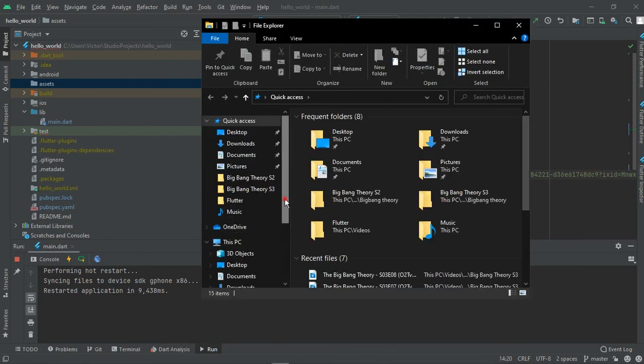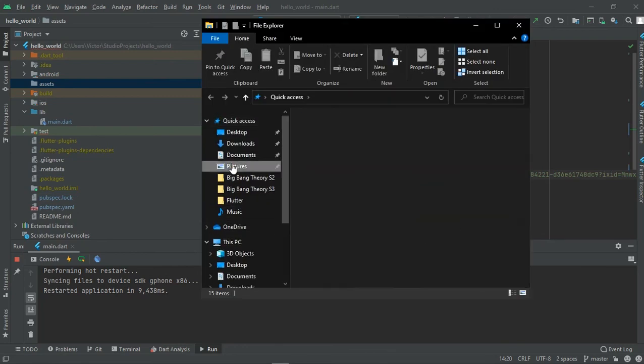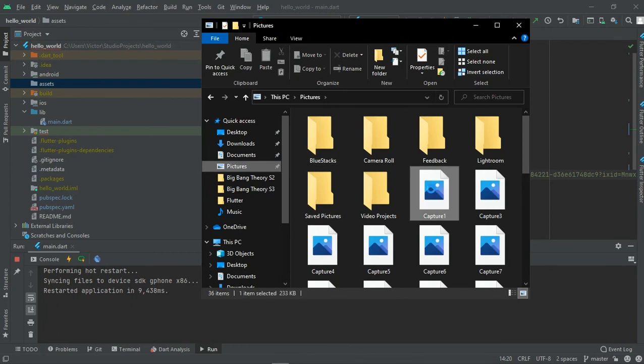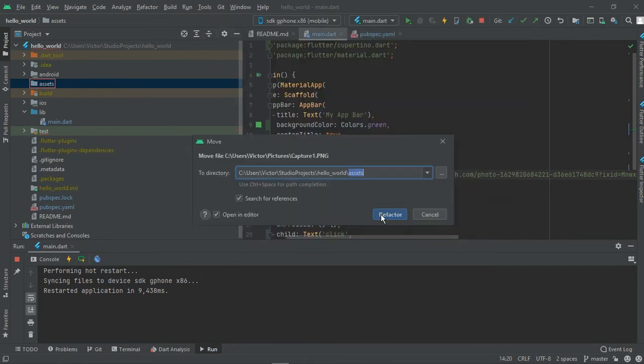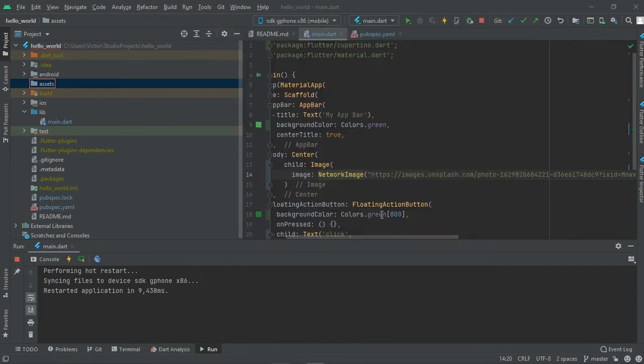Let me get a picture here, and I'm using this captured image. So let me move it into my assets folder and then refactor,